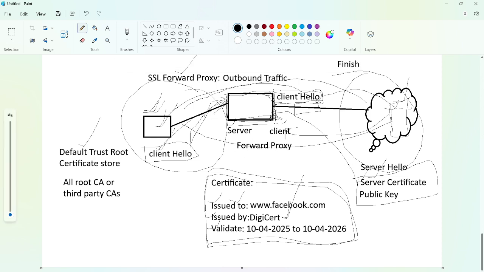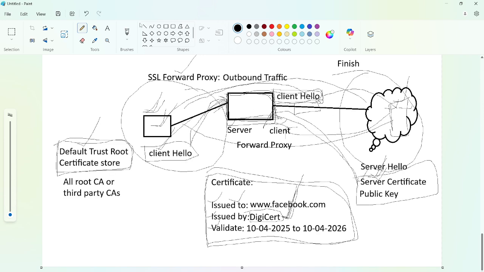What the firewall will do is, once this server hello reaches the firewall, it will inspect the certificate, and specifically the issued by field. Who is it issued by? The certificate is issued by DigiCert. If DigiCert is available in the default trust root certificate store,